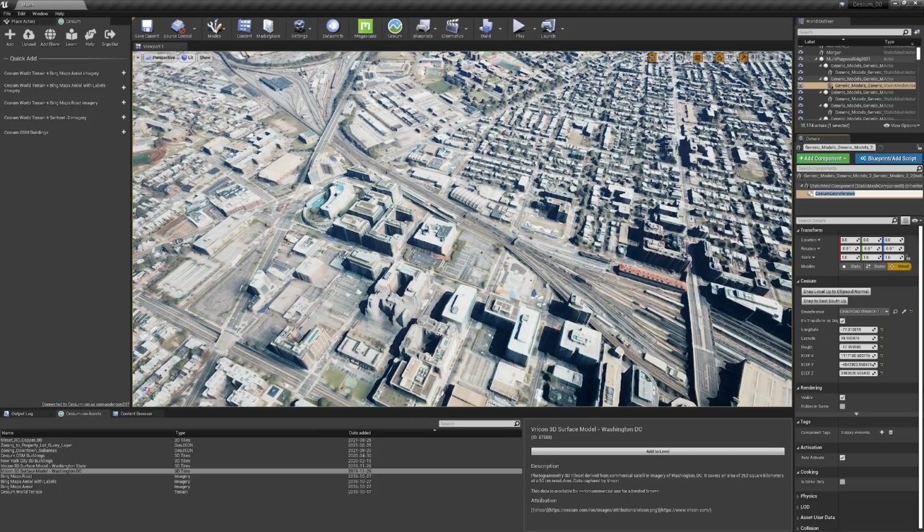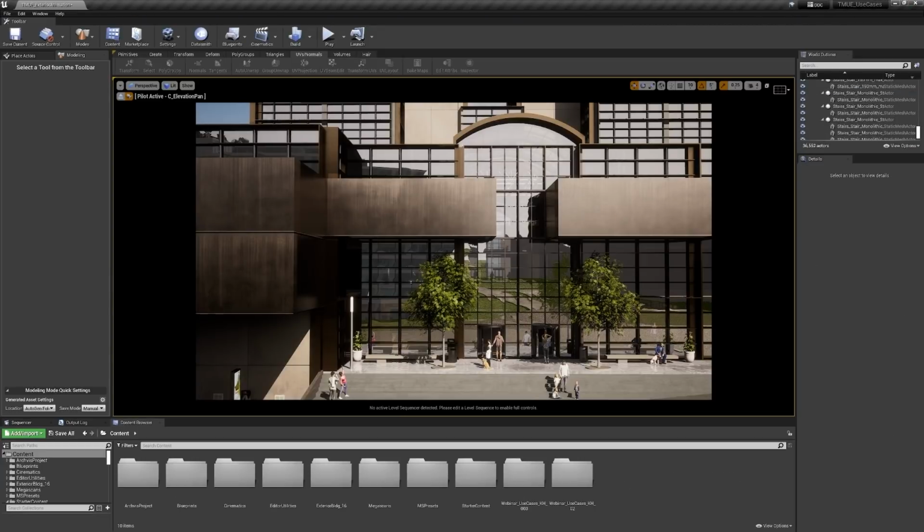Now, this is just one plugin out there. I also encourage you to explore other plugins that could improve your workflow and customization in Unreal. Now that we've explored Cesium, let's move to 4.27 to take a look at some other beneficial workflows. I'll close out of this project and open up the same file in 4.27 that I have further developed.